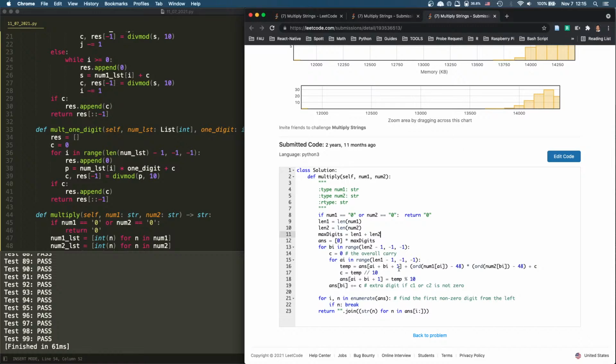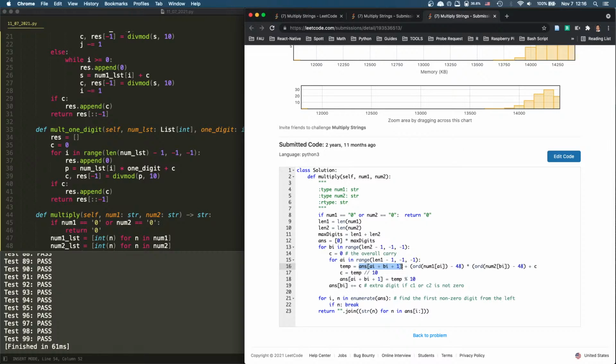So, wait, is this the carry? No. That's the previous result. It's previous result. So if that's going to be this, I want to do these two multiply. And we need to add to the previous. Hold on, let me think. So for 1, 2, 3, 4, 5, 6. So this times this, and then